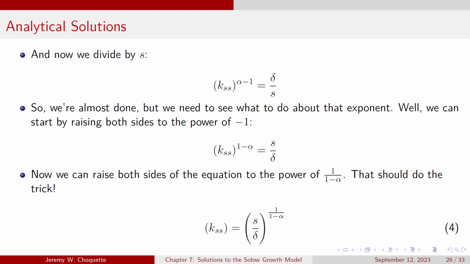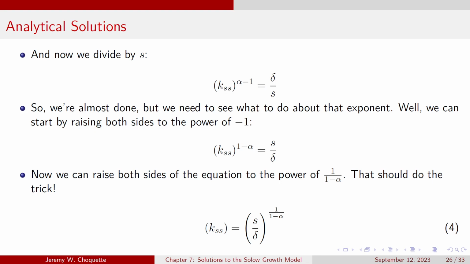What does that do? Well, it is the equivalent of doing 1 over something, right? So if I've got x to the negative 1, that is just equal to 1 over x. So if I raise both sides to the power of negative 1, I get 1 over k_ss to the alpha minus 1, which I can re-express as k_ss to the 1 minus alpha, and that is equal to s over delta. And if I raise both sides of the equation to the power of 1 over 1 minus alpha,